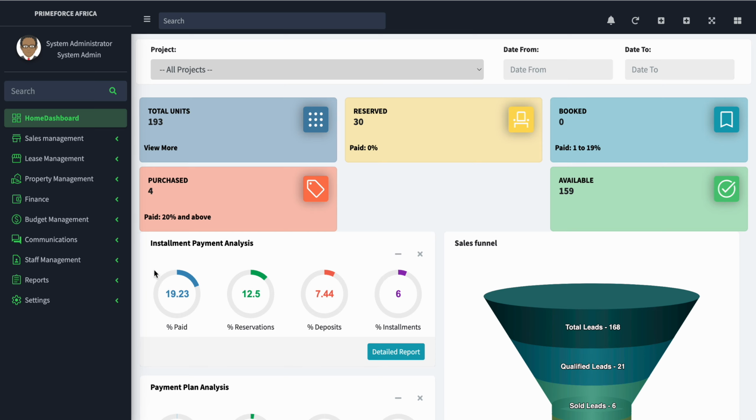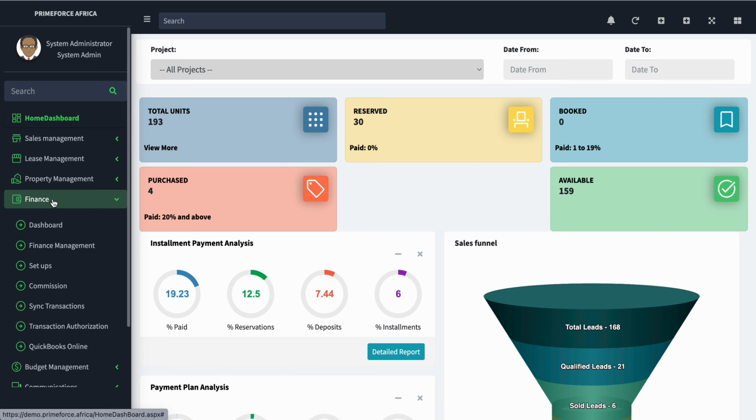CRM training. Functional area, finance management. From here, the system provides you multiple finance management functions, which include the dashboard, the management itself, which is receipting and other functions, the setup, commission processing, syncing transactions from integrated points such as bank, authorization of transactions based on Maker Checker and QuickBooks Online. From the setup,